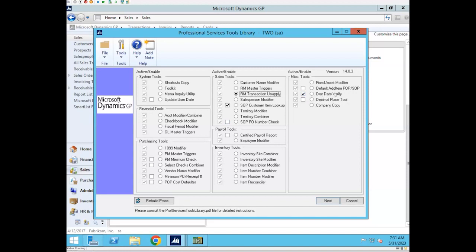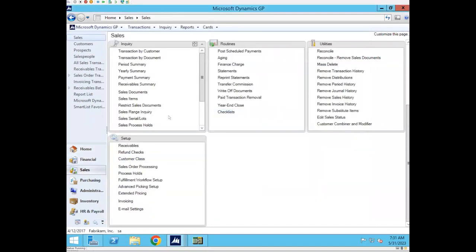So this is another cool functionality within the PSTL. Now, you would notice that it's currently enabled. So what this is going to allow, if for any reason that you're putting in an invoice, say for any type of transaction, it doesn't really have to be an invoice, but simply an invoice or receivables transaction. For example,